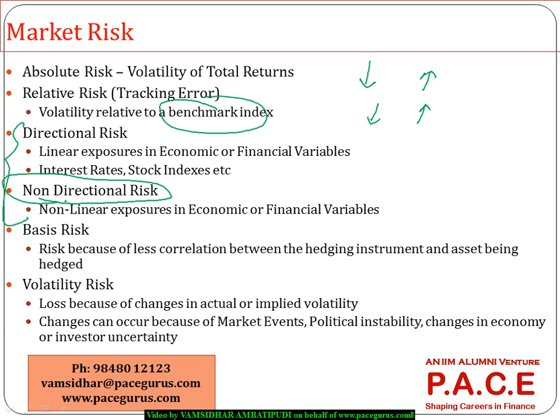For any of the economic variables, suppose interest rates are decreased, I don't know how the market will react, how the stock price will react to that particular situation. In those cases, where an increase or decrease can come up, we are attributing it to the non-directional risk. And there is also one term which is basis risk, which we have covered earlier, especially in terms of hedging. When I'm hedging my asset, hedging my portfolio using an asset A,